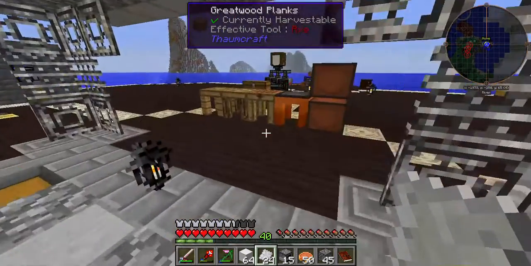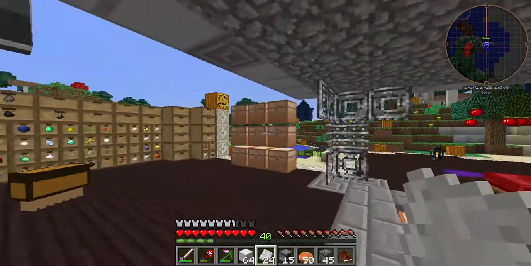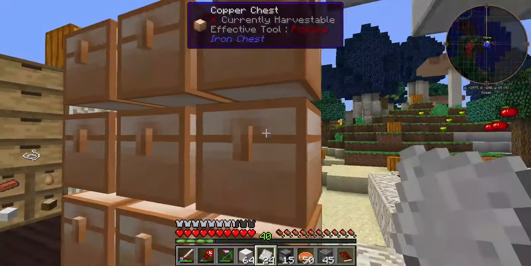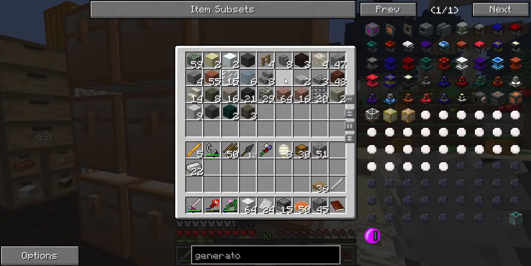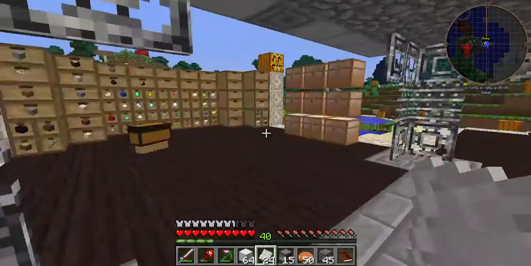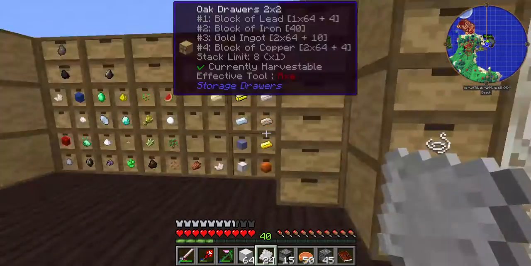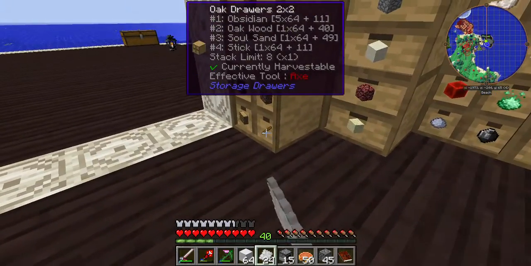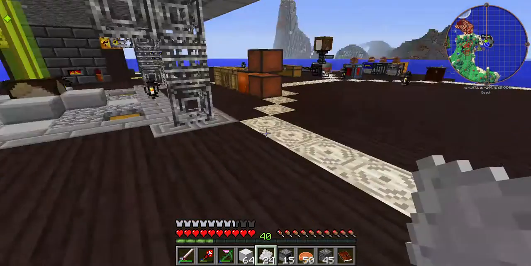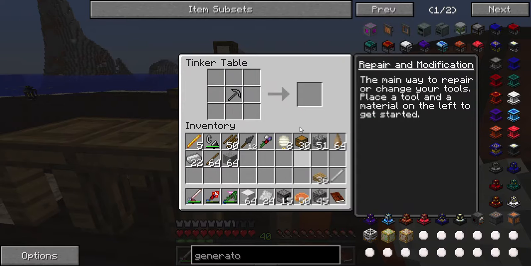Alright, so we need 15 pistons. And pistons are, in this one, cobblestone, wooden slabs, iron rods, and iron gears. So I'm going to need a bunch of glue. So I need 15 glue, so we need this, that. And that should probably do it. So I need 15 gears. So...